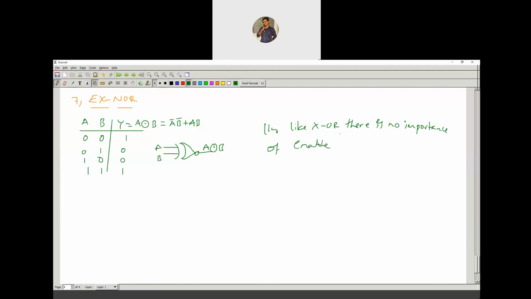That is, we are not going to use the XNOR gate for the enable block, because both will be having the enable inputs only.